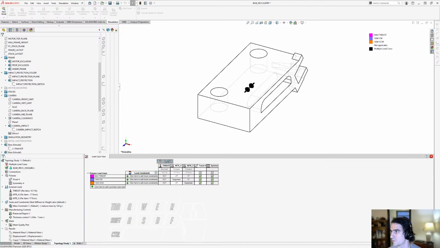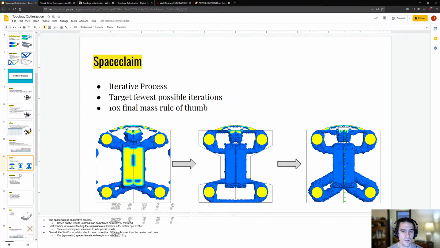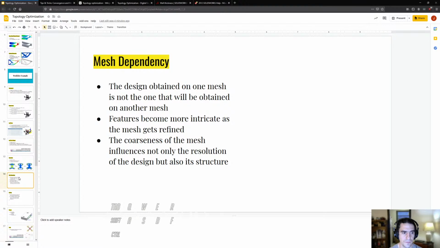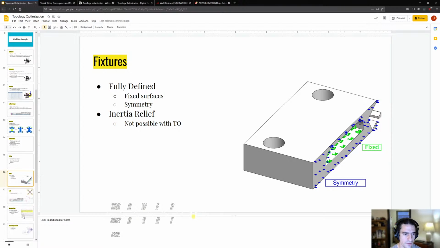So we'll reclaim some mass from that. So let's go back here. And did I just change this whole workflow again? Let's continue on, assuming that